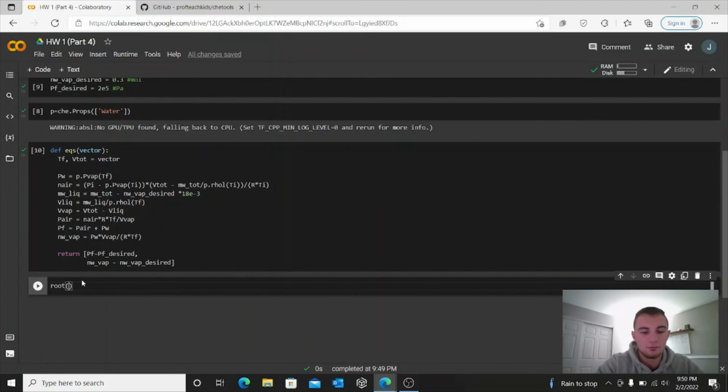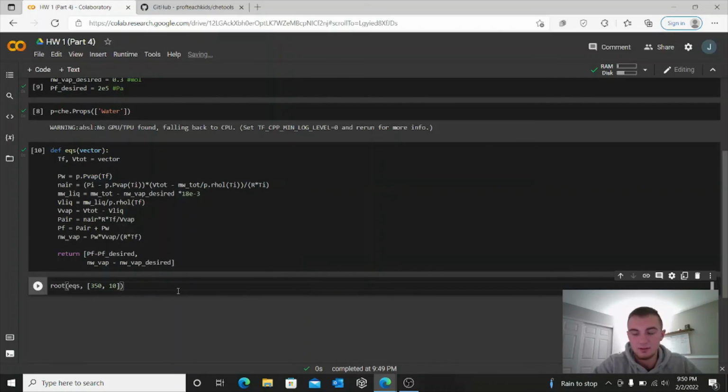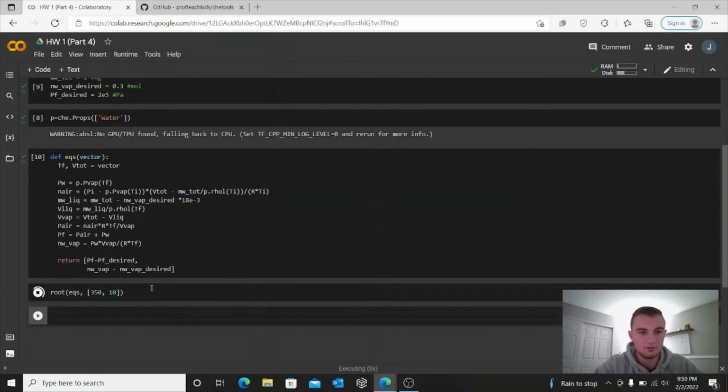So if we do root for our function here, we will need an initial guess for our final temperature and the total volume of the container. I'm just going to guess 350 for the final temperature and 10 for the total volume. So if I press Shift Enter here,